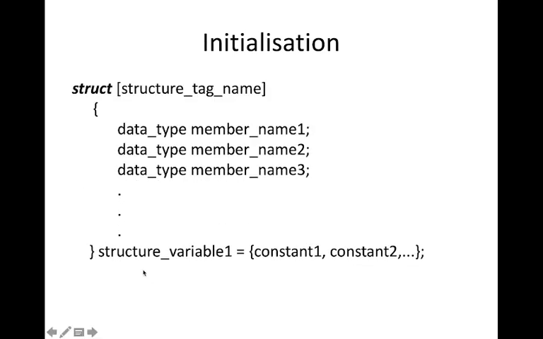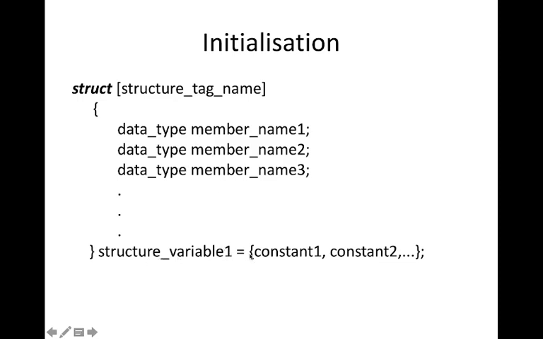Now, how to initialize structure variables. If you want to initialize, how do we initialize those variables? This is the first method to initialize. We have already seen these things. So finally, if we want to initialize a particular structure variable like s1, then s1 dot A, s1 dot B, s1 dot C all should be given some values.